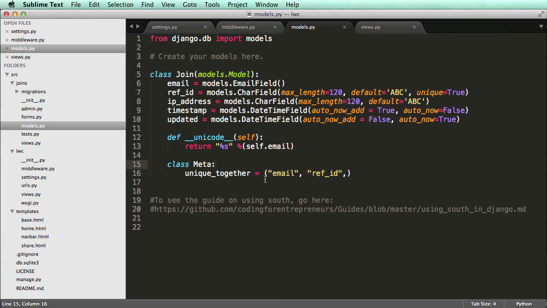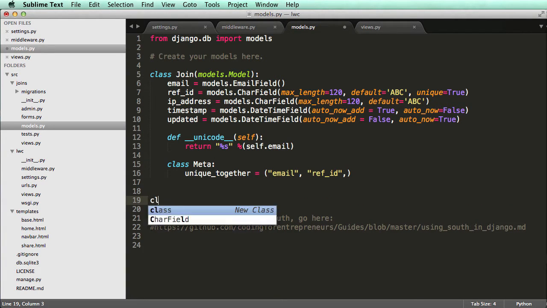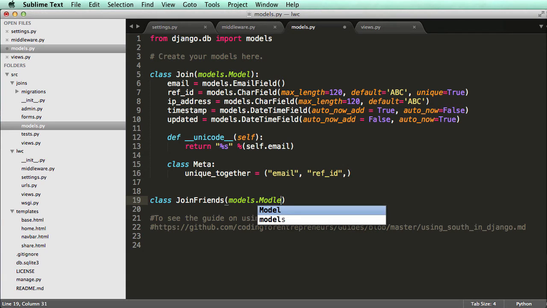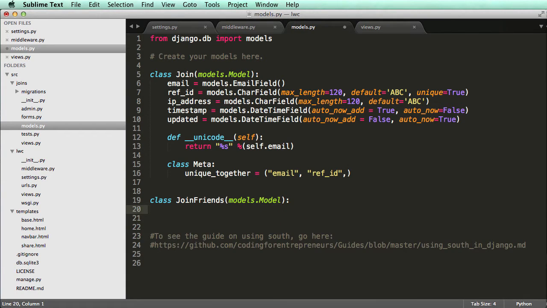I'll show you the long way first, and then I'll show you the faster way, which is probably a little bit more efficient. The long way would be to add a brand new class, and we could call it, let's say, JoinFriends. I'm going to call it friends for a specific reason. You could call it JoinFriend, but I'm going to call it friends, and you'll see the reason shortly. And I'll do models.Model. Within this model, I want to associate an instance of this model to an instance of this model. To do that, we're going to use what's called a foreign key. And I'll just say email equals